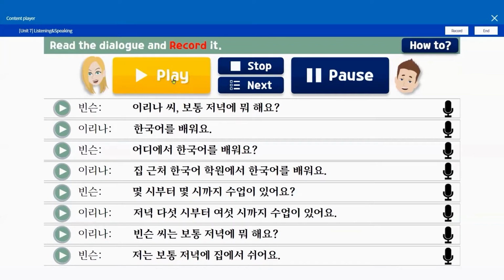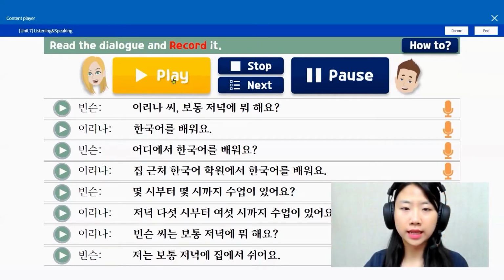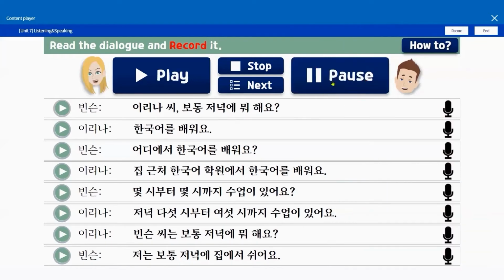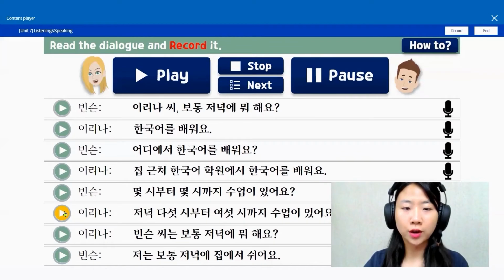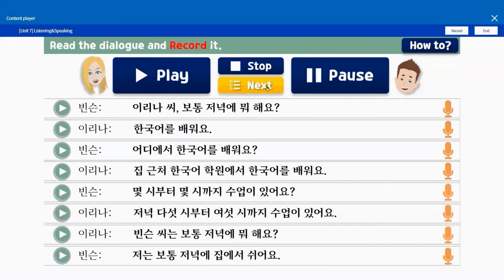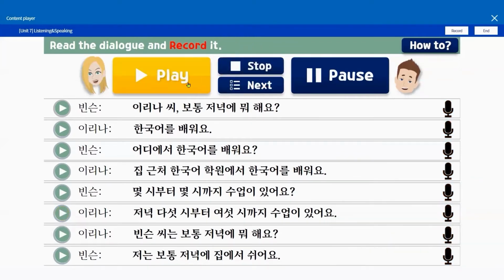Click on the blue play button to play audio for the entire conversation. Then read through the dialogue at this pace. If there is a part where you cannot keep up with the speed, press the blue pause button and then practice speaking several times for that section separately. If you want to read it again from the beginning, press the blue stop button and then press the play